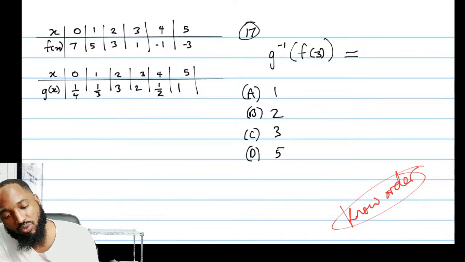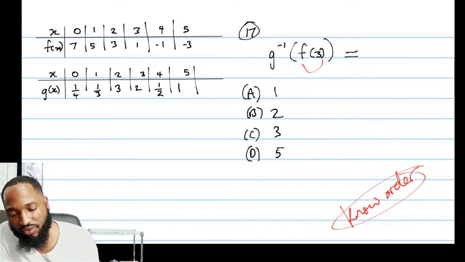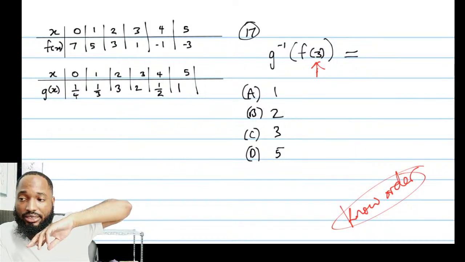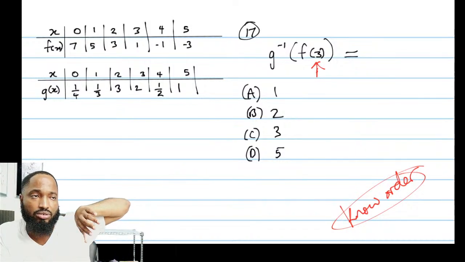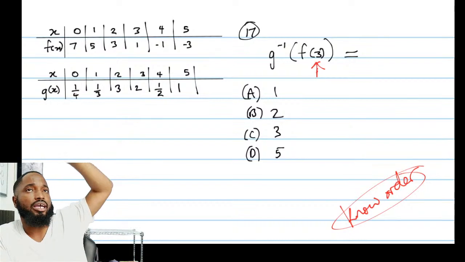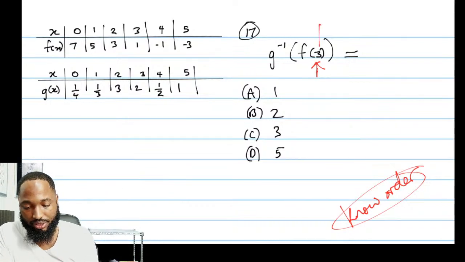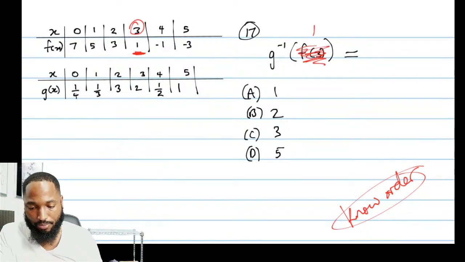Alright, so the one that's closest to the number is the one that you do first, so f of 3. f of 3 means x is 3, and you're substituting that into the function. So x is 3. That's the input. x is the input, f of x is the output. 3 is the input, f of x is the output. So we have 1. So we hold on to 1 now. So I can erase this and put 1.